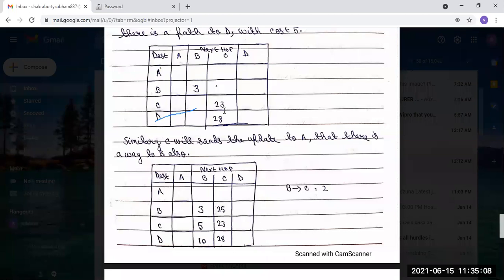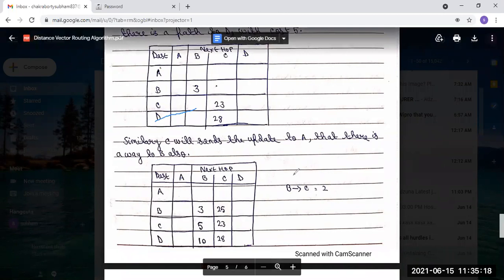So that means C is our next stop here, because this is from B to A. So 23 plus 2, 25. Destination address is B. And this is another path to B. So 23 plus 2, from A to C and C to B, there is a path.